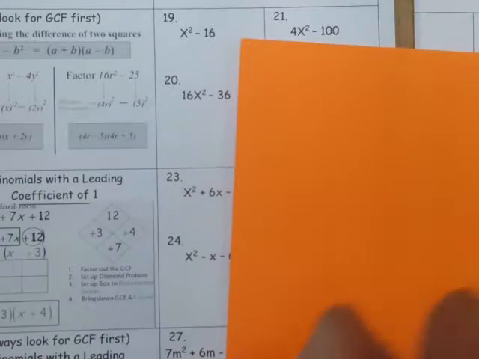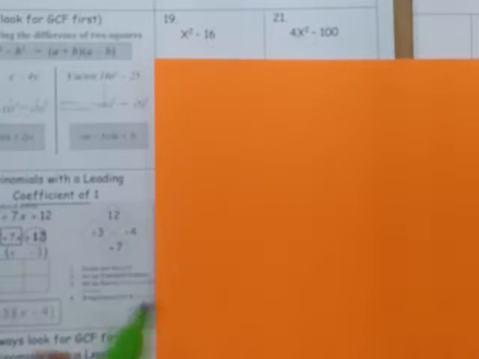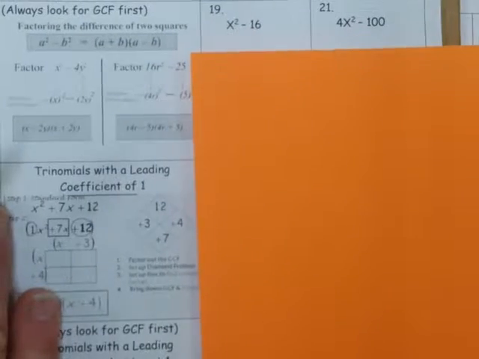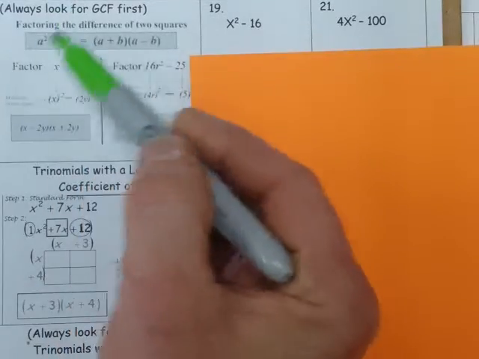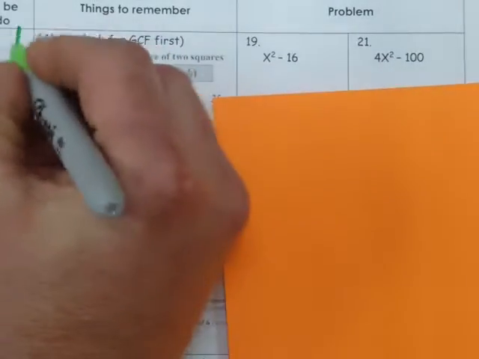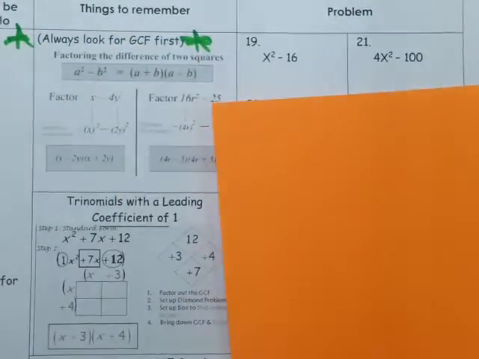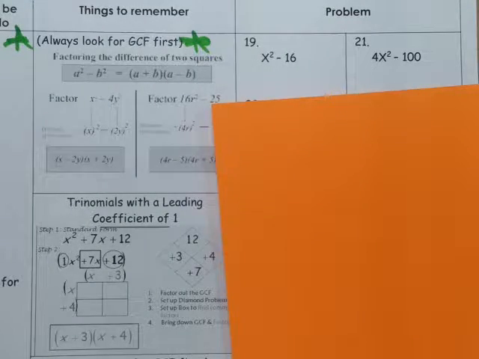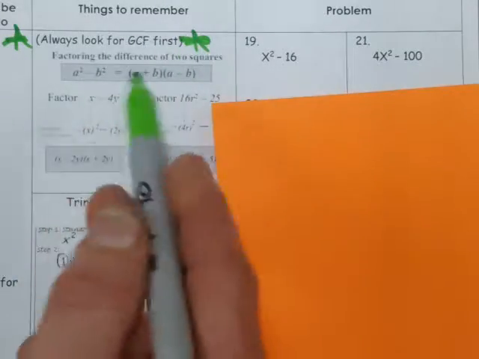Okay, so our next topic is just factoring. We spent like a week on this in class, and I want y'all to look over here on the left-hand side of your review and put some stars next to this. Always look for the greatest common factor first. We need to look for the GCF first, no matter what type of